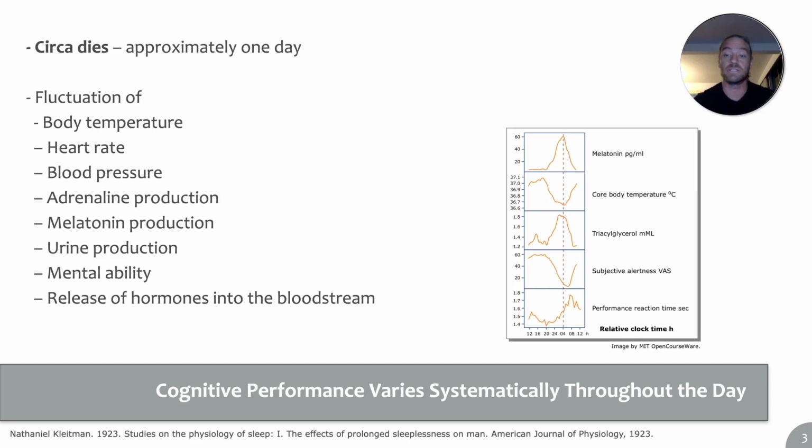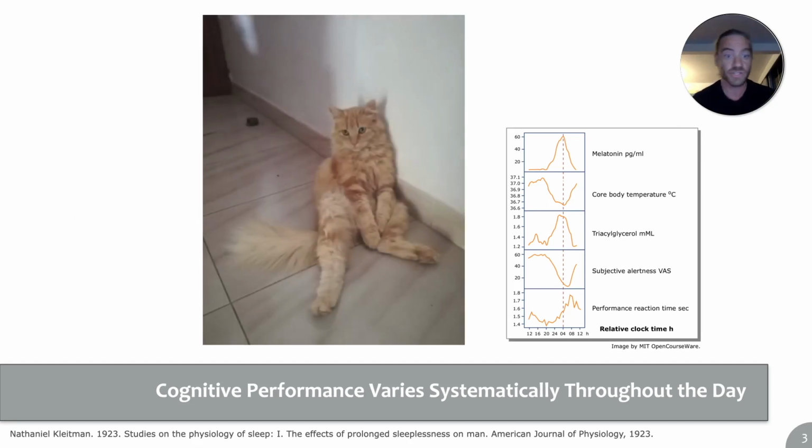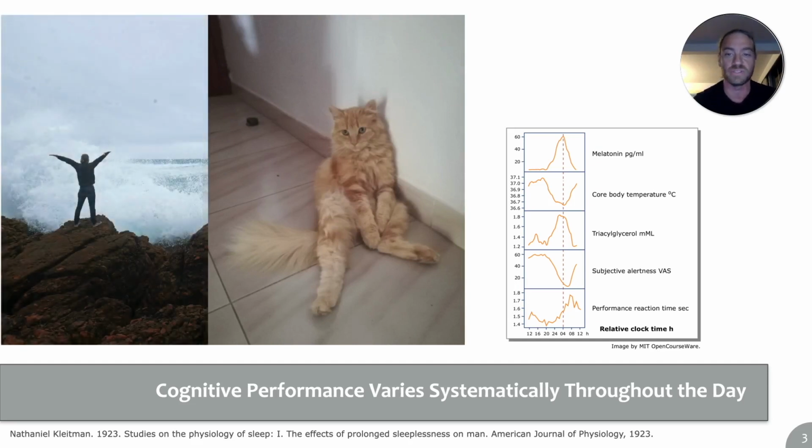They oscillate along these diurnal fluctuations and affect our perception, our memory, our decision making, and overall cognitive performance. These rhythms are partly behind why at some times during the day we feel rather sluggish and disengaged, and other times we are ready to take on the world in a sense.